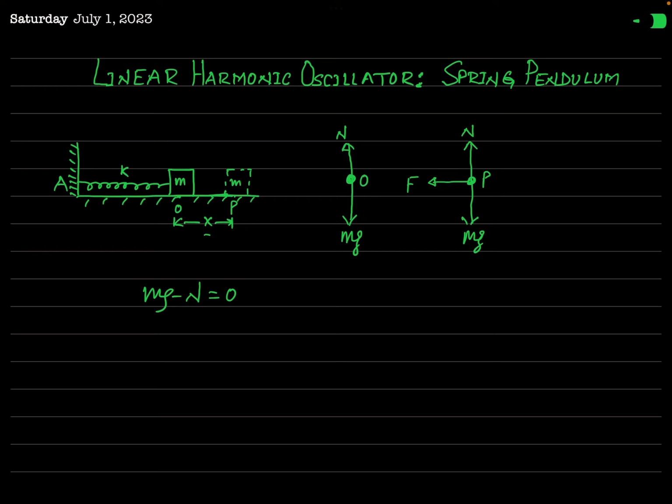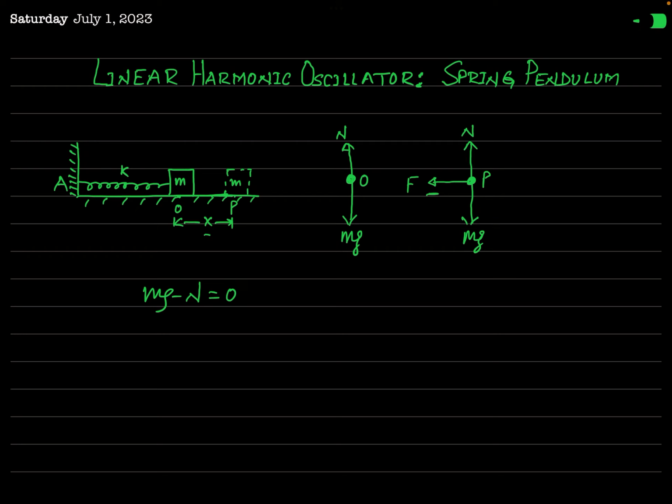When the spring is stretched or compressed by x, a restoring force develops, as I have shown in this second free body diagram. Here mg and N are the forces as before, but a force F, which is of restoring nature, is developed due to the elastic property of the spring, and this tends to bring the block towards the